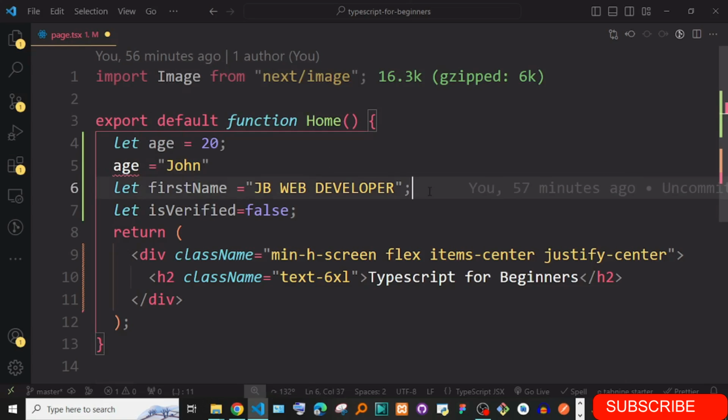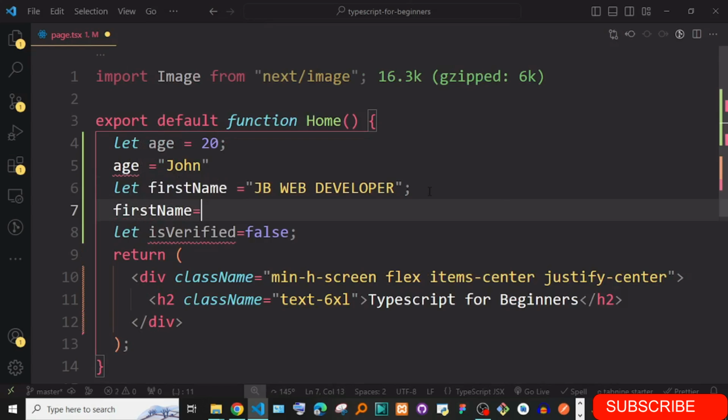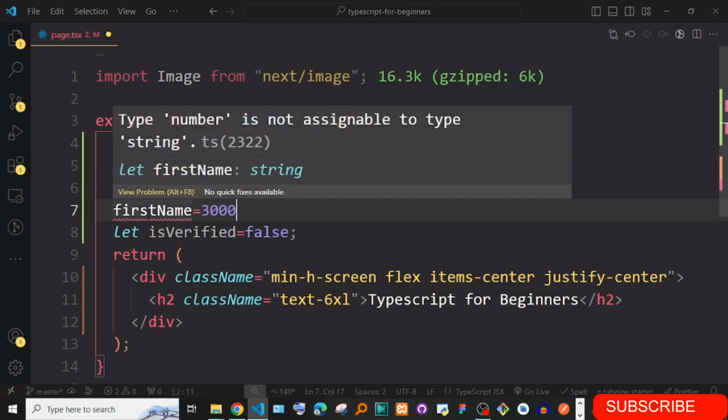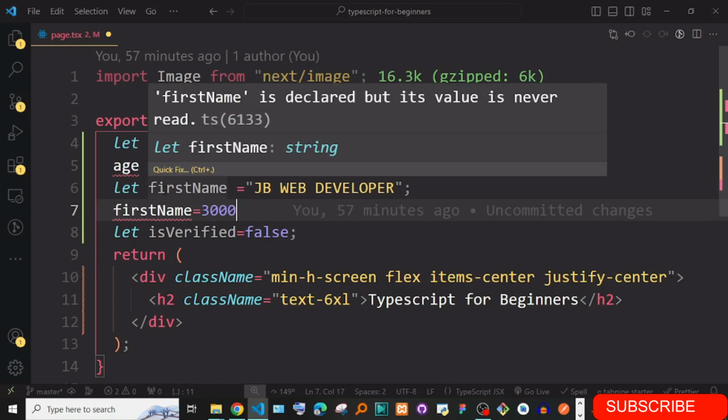If I go to first name and say it is equal to 3000, it underlines this and tells you type number is not assignable to type string. It already knows you initialized this as a string, as you can see when I hover here.